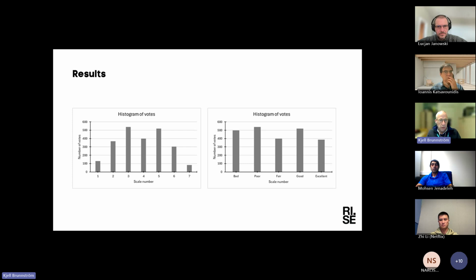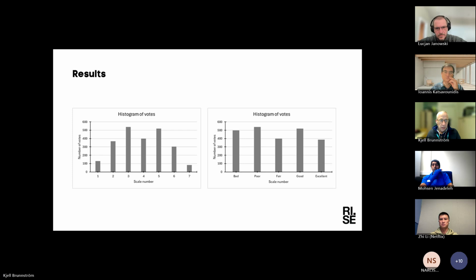So then, just going further with the more regular results from the experiment. I did a histogram of votes, and it was a 7-level scale, which you see here to the left. You have the number of votes on the y-axis, and the scale number on the x-axis, and you can see that it's not an even distribution for usage of the scale, but then the end point of this scale is actually given